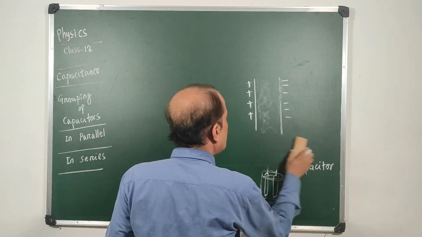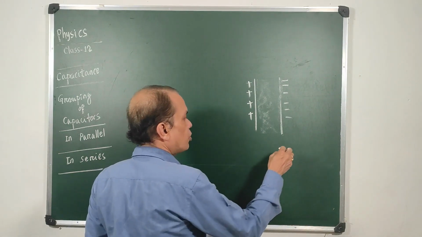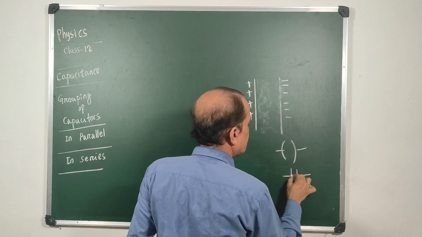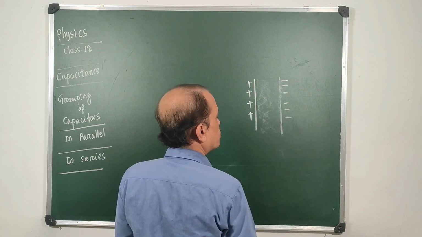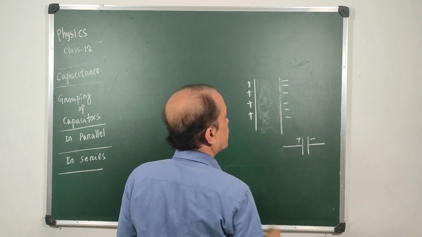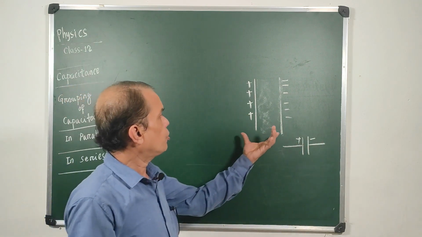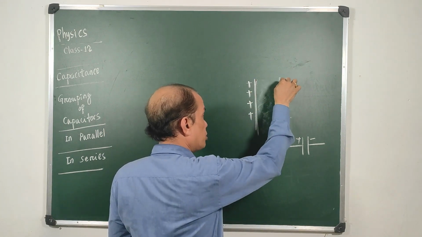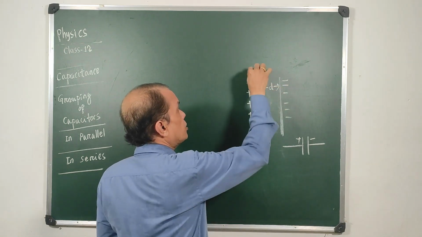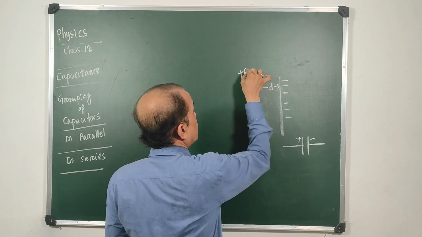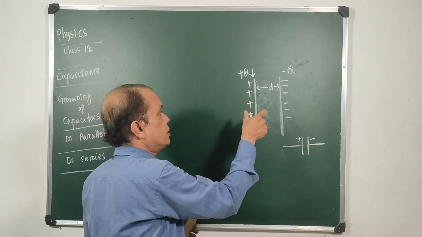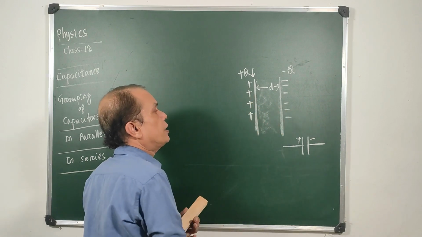And if this capacitor is symbolized, sometimes we write it like this or sometimes like this. So in our figures we will use capacitors like this. One end will be positively charged, the other will be negatively charged. As you charge the parallel plates with opposite charges, they are at a distance d, and each one has a charge. Say this is plus q and this is minus q. These two plates are charged with equal magnitude but opposite in nature.